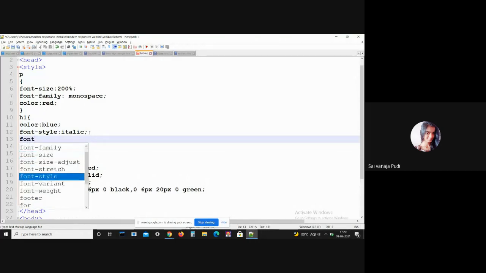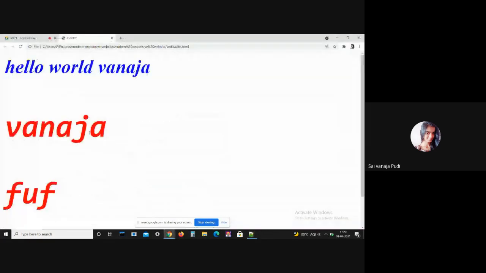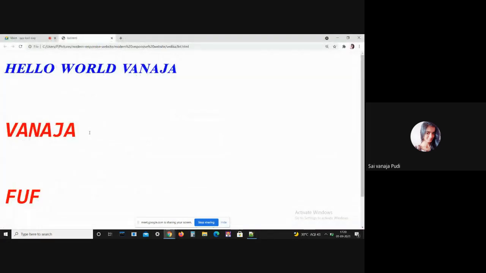Here it is. See, we got everything in capital letters. Here I just want to print all content in small caps format. So content is printed in small caps format. This is how you can use this font variant format.